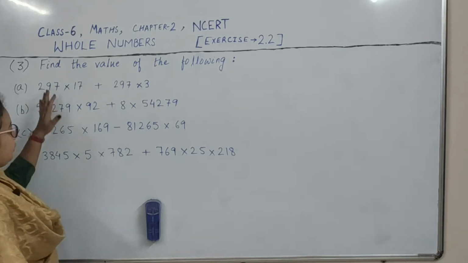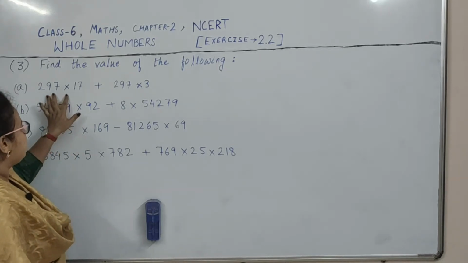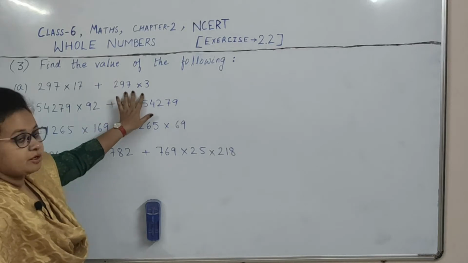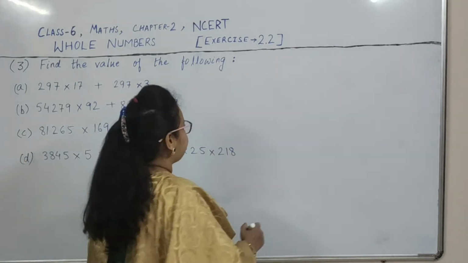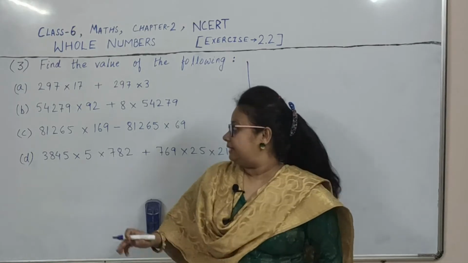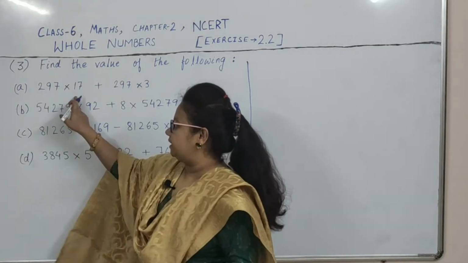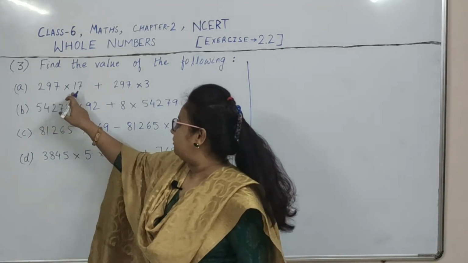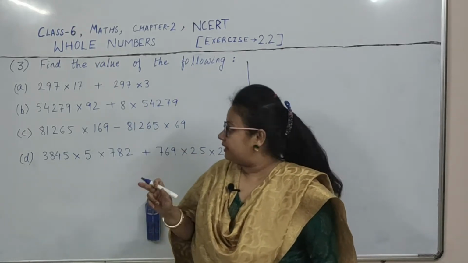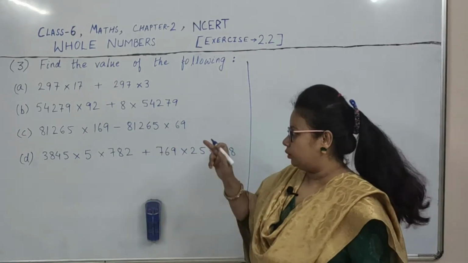Okay, so it seems like we have to multiply these two and then add the product of these. Now, will it not be a lengthy process? The multiplication of these two numbers will be a lengthy one, and again we have to add the product of these two. Okay, I will give you a shortcut method for how to do this.